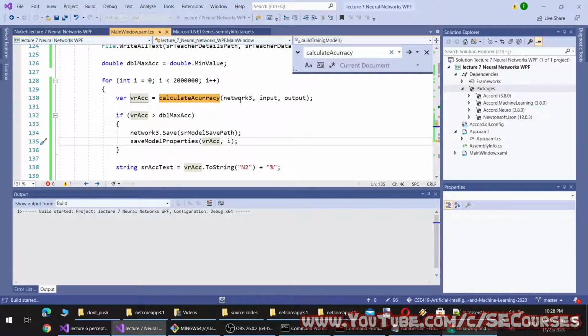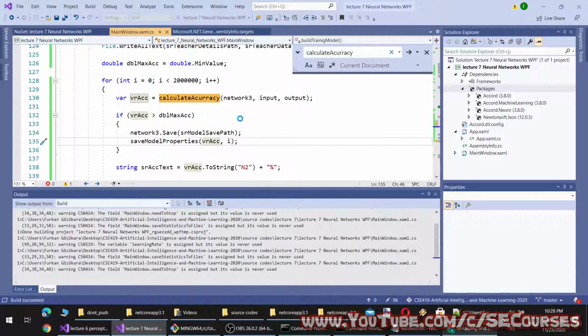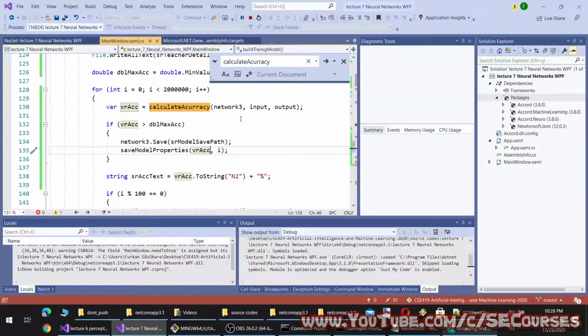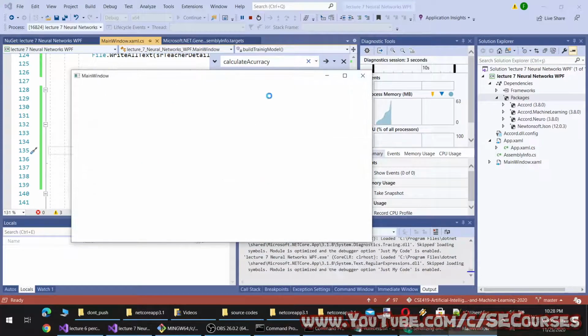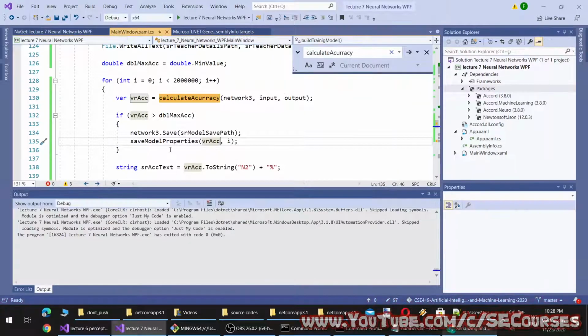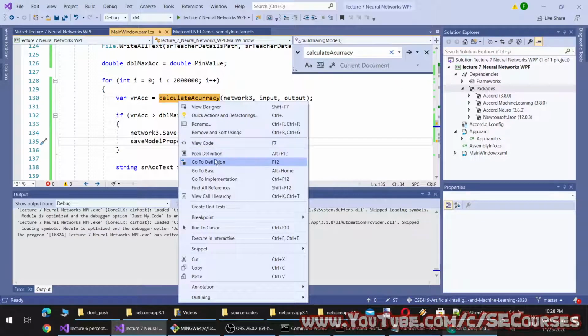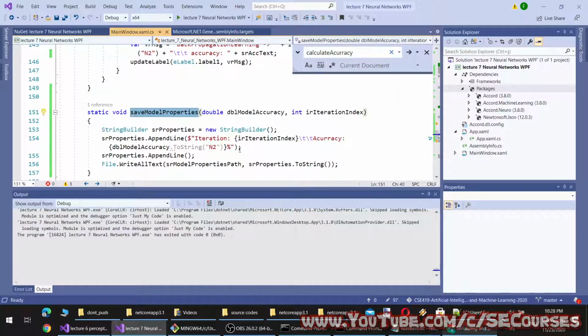It may run a bit slower right now because we will calculate the accuracy at each iteration. By the way, I'm going to add something else here.